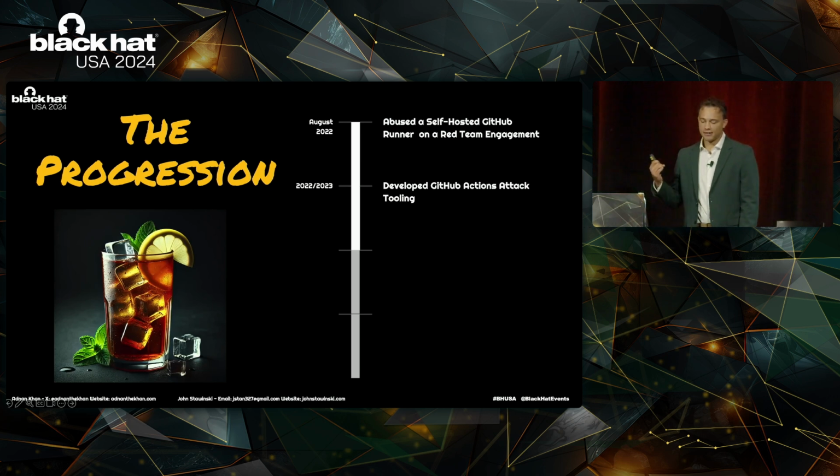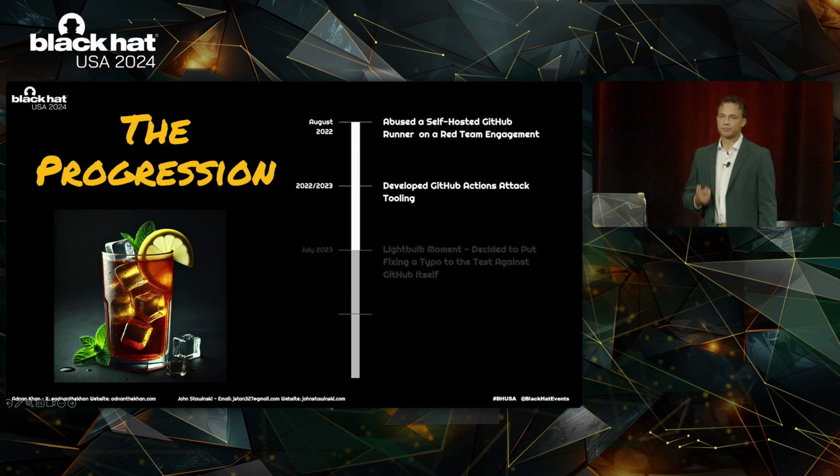Around the time that Adnan, Mason Davis, and Matt Chakosky were developing Gato, I joined them on the red team. And Gato was my entry to CI/CD security. So I started using Gato to discover and exploit GitHub Actions vulnerabilities, mostly on these internal red team engagements. And then we were just seeing it so much that we started looking into it more and more. And we dove deeper into GitHub Actions post-exploitation. And then Adnan had an idea that took it to the next level.